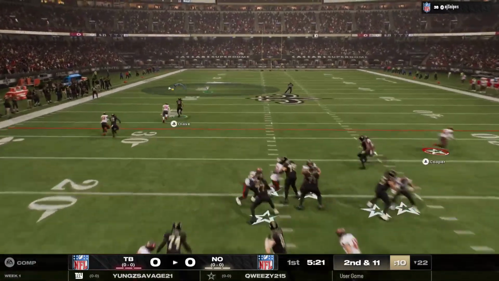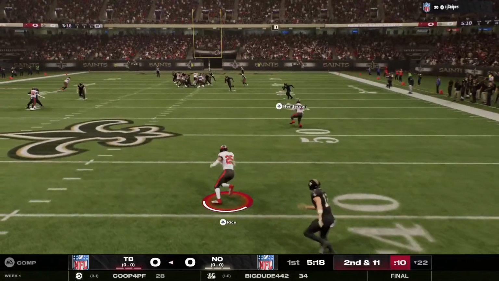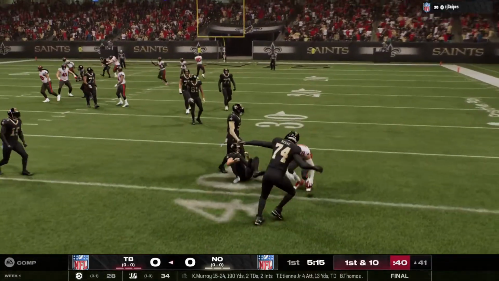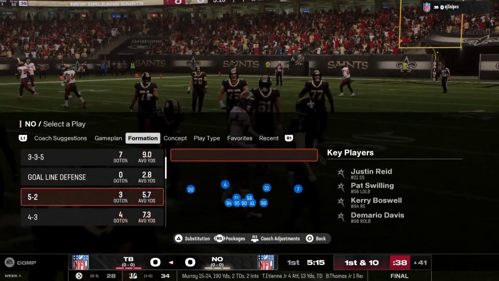He'll look to throw. That's deep for Olave. Oh, the first throw of the season is intercepted. And he's going to give his offense a short field to work with as they look for their first points